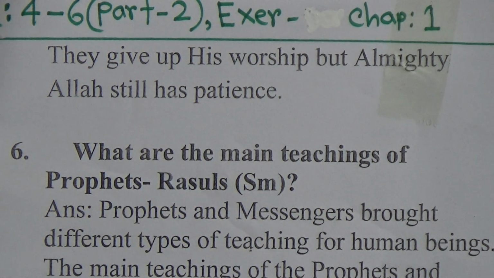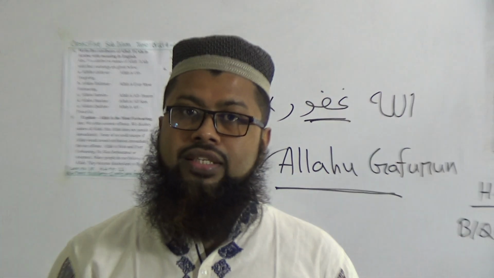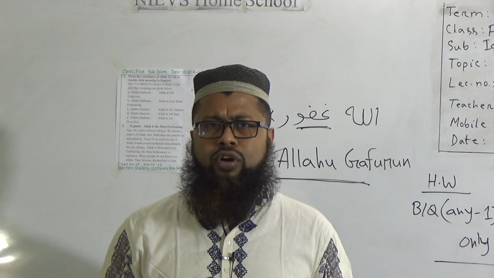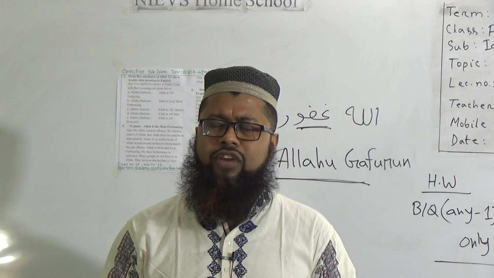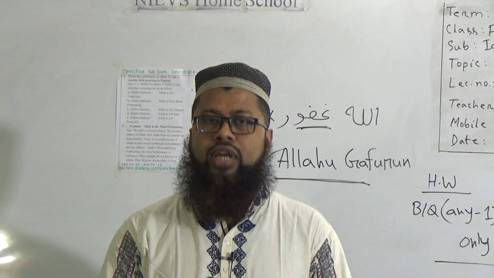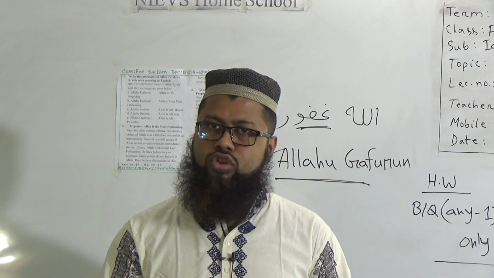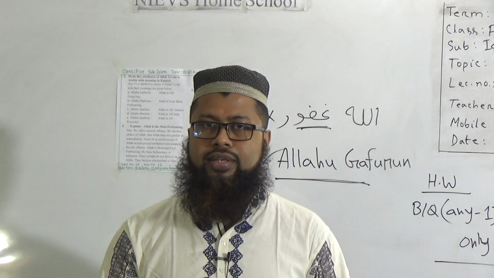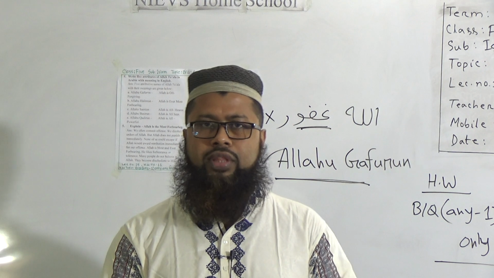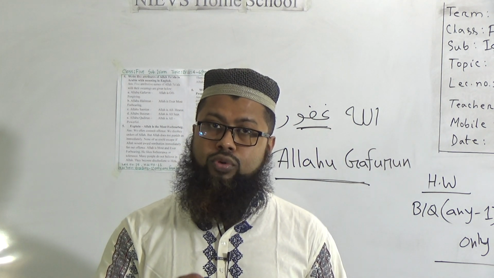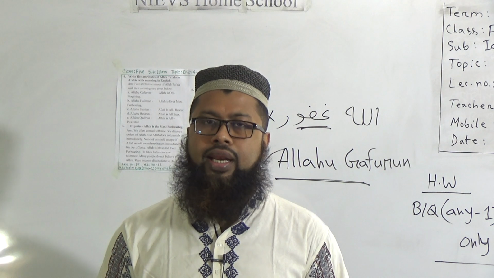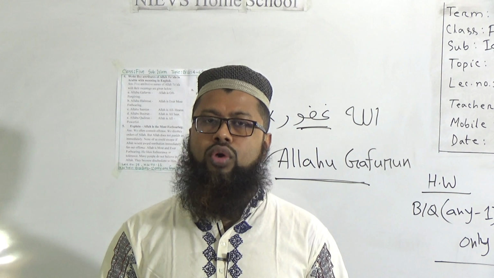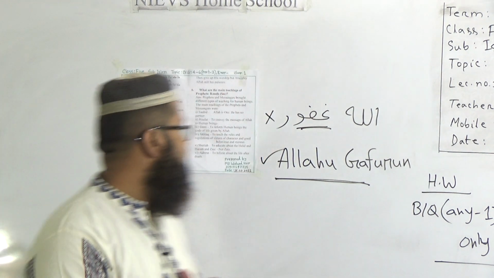My beloved students, here is said the example of the forbearing of Almighty Allah. 24 hours, human beings are involved in offensive activities, sinful activities. But Allah is not punishing us immediately. Allah is waiting. Allah is giving chance to the human beings. Maybe human beings will come back from those sins. So this is the example of the forbearing of Almighty Allah. So this is Allah's attributive name Allahu Halimun. You have to write like this.